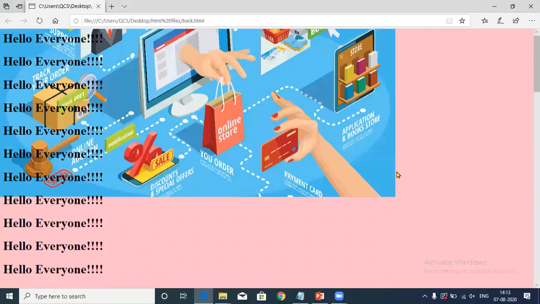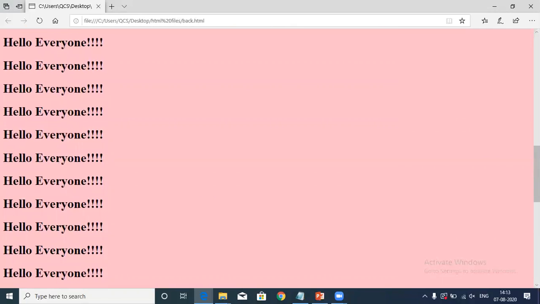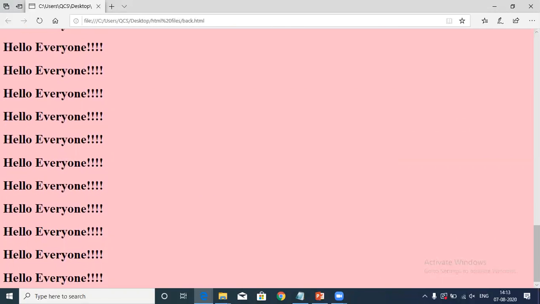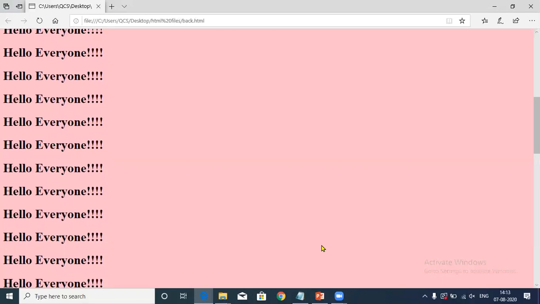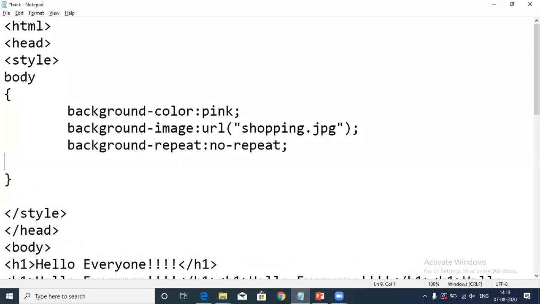Now you can see we are able to scroll through the picture. I am scrolling down. We are able to scroll the picture and the text as well. Now if you want that your picture should not be scrolled, which property are we going to use for this? The background attachment property.